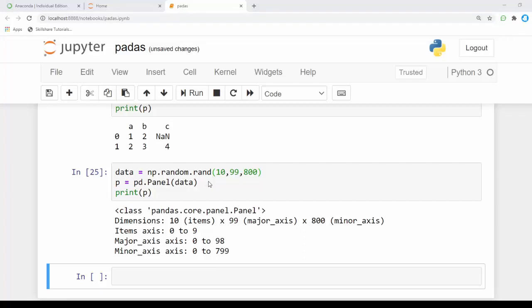We can also pass data frames inside the panel.